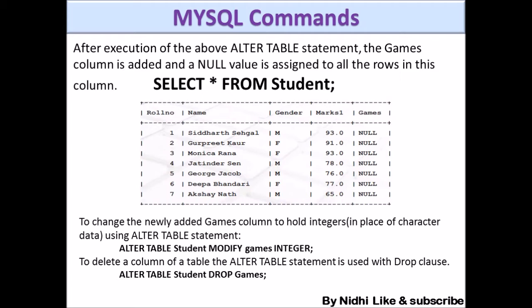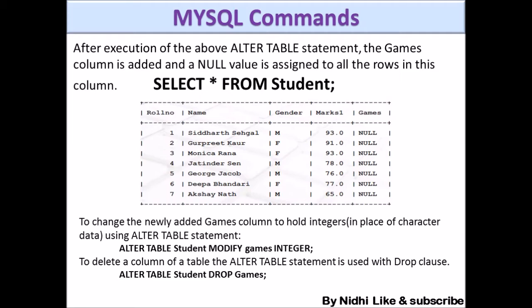Okay, like this you can change the data type. For example, if you want to delete a particular column with alter table, then you write the command alter table student, then the drop keyword and games. In the drop command we don't use the data type because the column is already created. For creating a new column we write the data type, but for dropping we don't have to. You directly write games and that particular column will be dropped from the table.